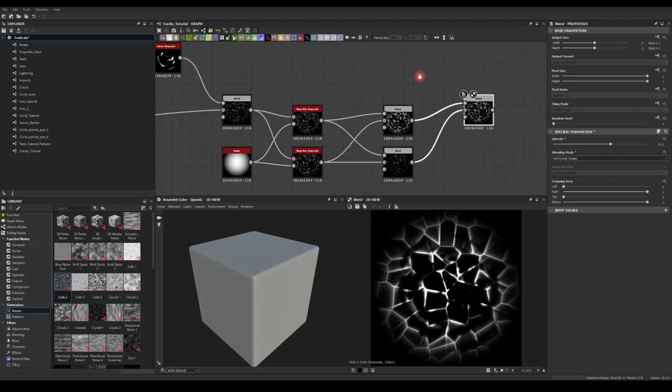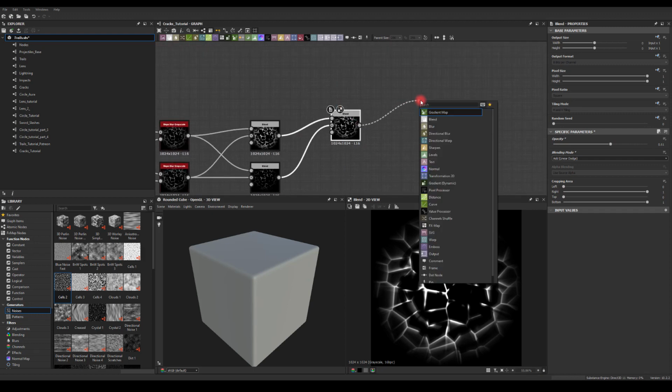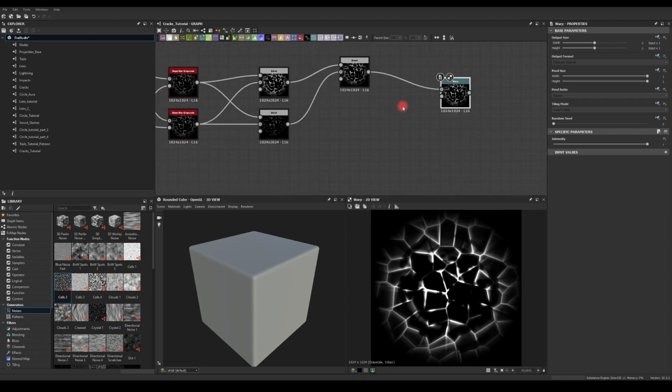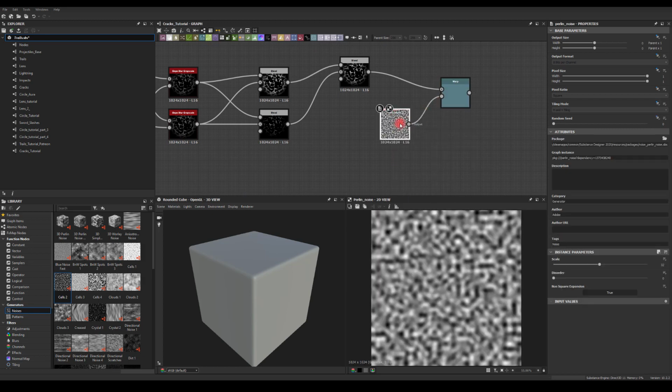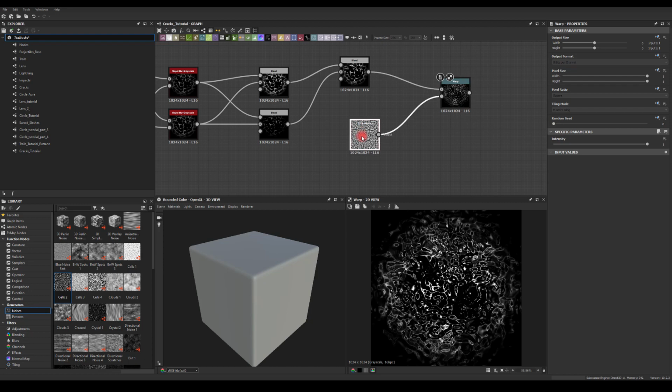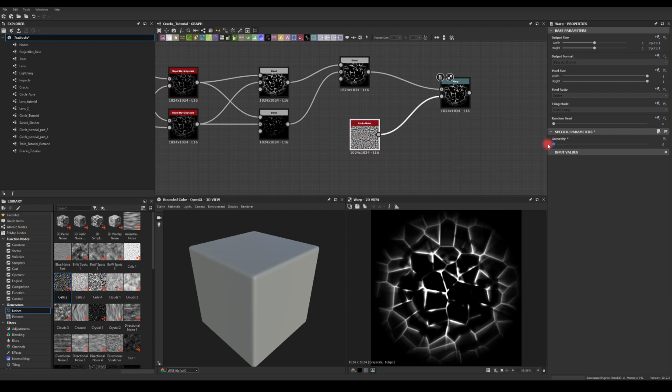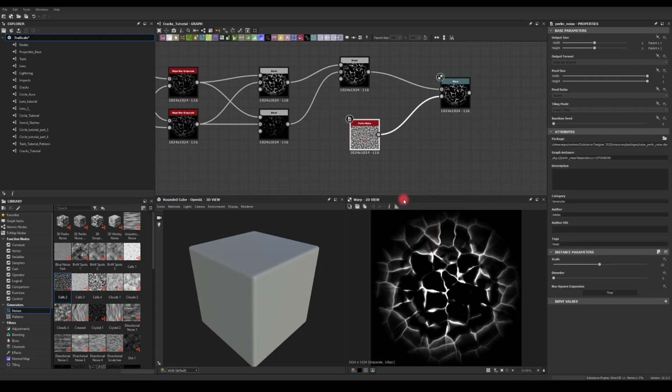Okay, so I'm gonna go with something like this. And I'm gonna use warp now as well. And I'm gonna use parallel noise with some low intensity, because I just wanna warp some of the edges. So that's a little bit too much, so I'm gonna decrease the scale of the parallel noise and get a little bit of the irregularities on the edges. Okay,